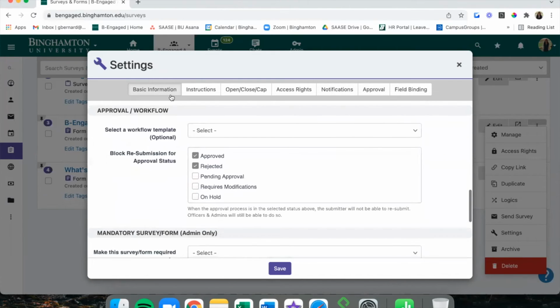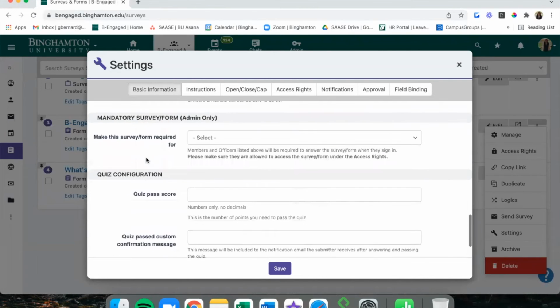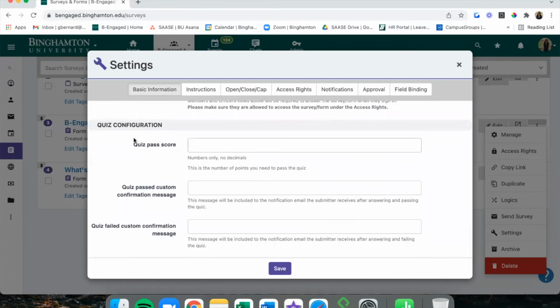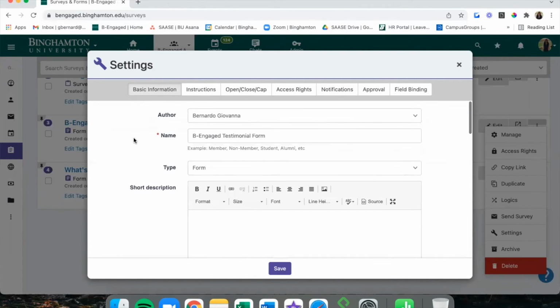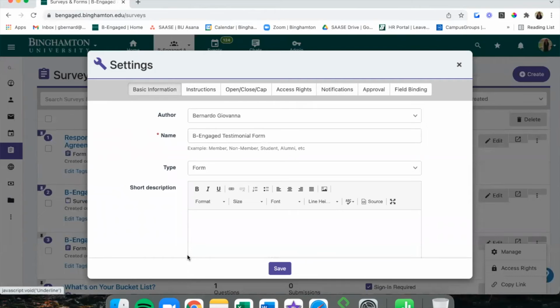And you also have specific settings based on approvals and workflows, admin-only settings, and quiz configurations if you're using the quiz feature within this section. And after you're done in any of these sections, you have to click Save in order to preserve any changes you've made.